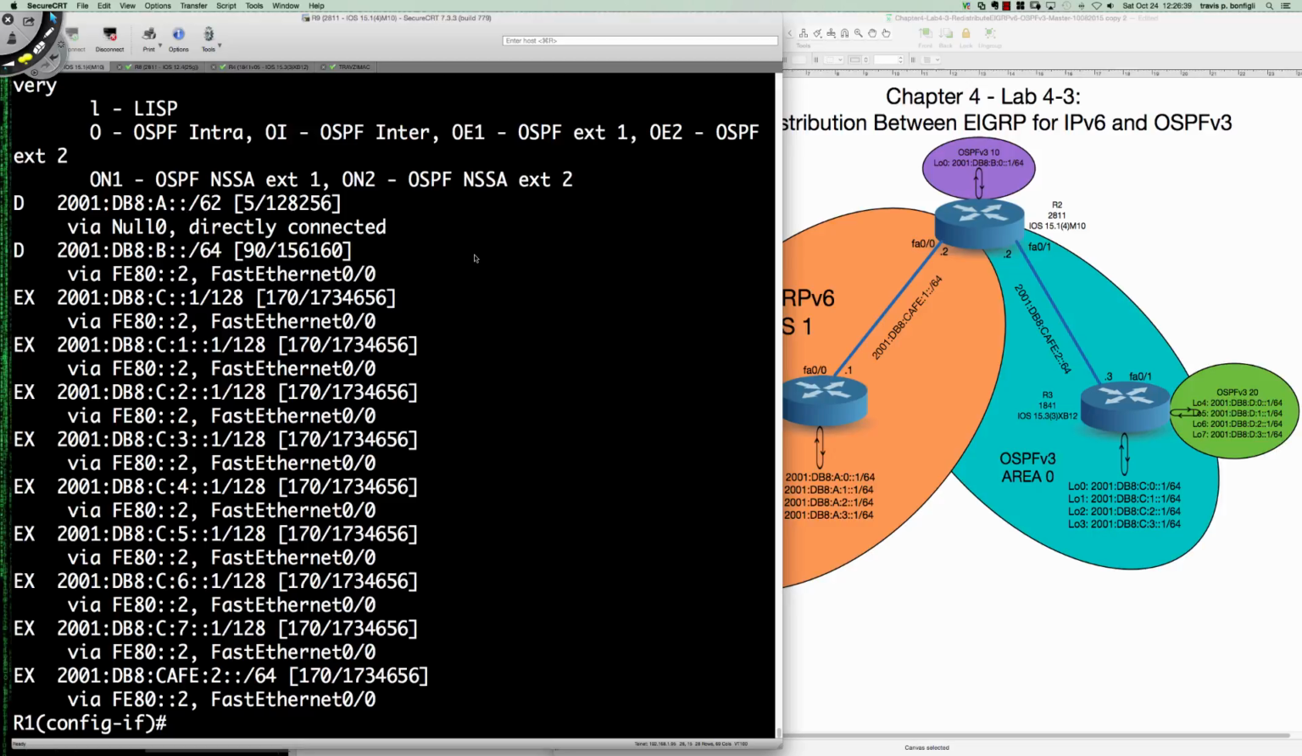Again, very straightforward, redistributing EIGRPv6 into OSPF, and then OSPFv3, and then redistributing OSPFv3 into EIGRPv6. All right. Hopefully this clears up any confusion you had about redistribution between the EIGRP and OSPF for IPv6